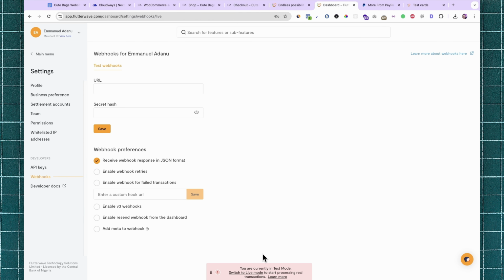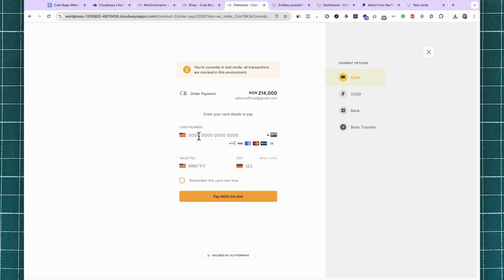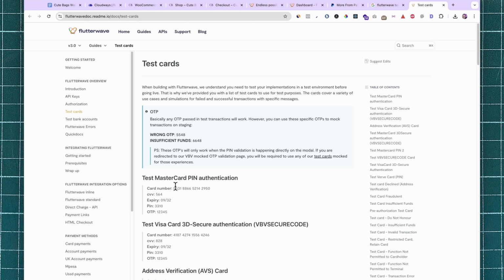So now my Flutterwave account is in test mode. Let me try to complete this payment and see what happens. I can get some test card details. These cards are just for the purpose of testing, so you can use them to test your integration. I'm going to copy the card number,